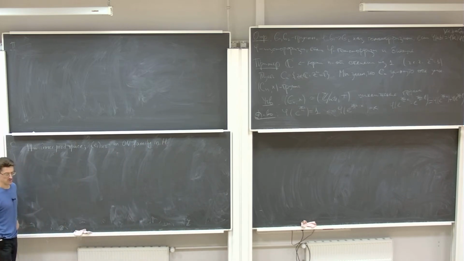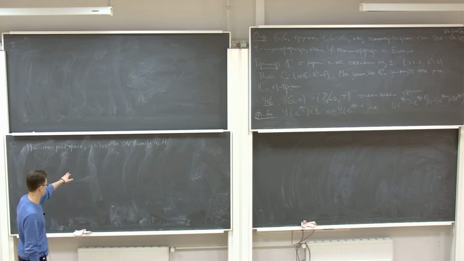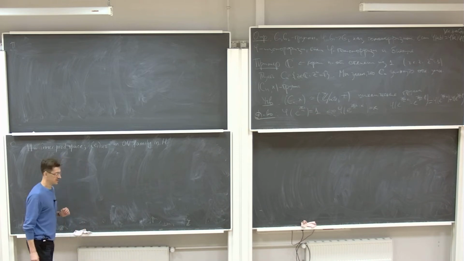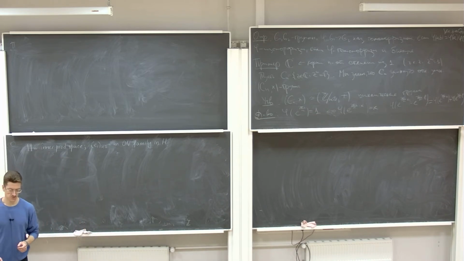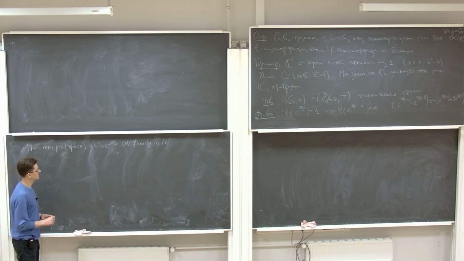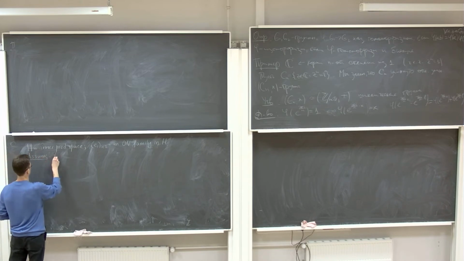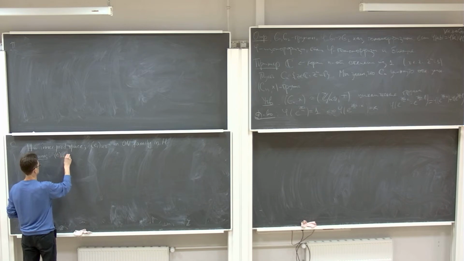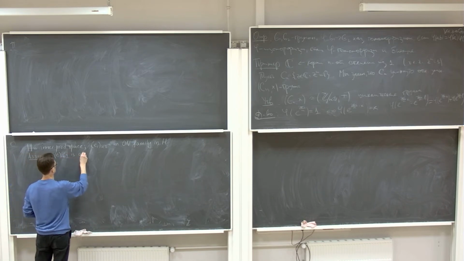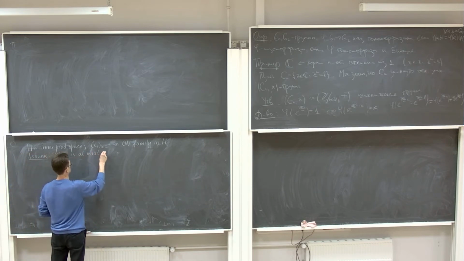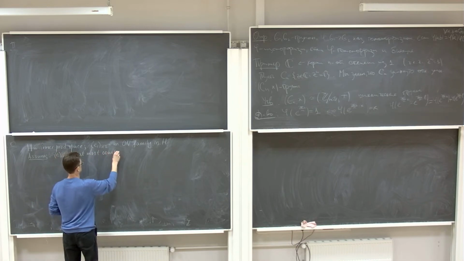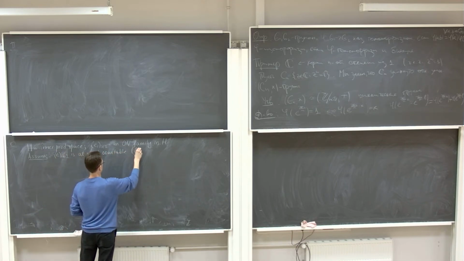So let's recall that orthonormal means that it is orthogonal, that is, the vectors e_i are pairwise orthogonal to each other, and also the norm of each e_i is 1. And let's also assume that our family is at most countable, AMC for short.